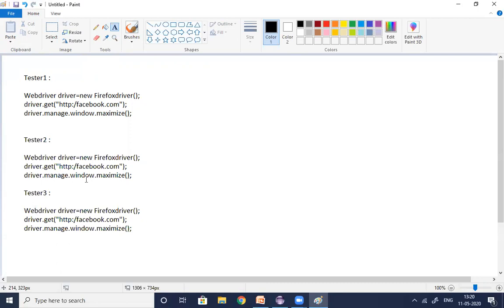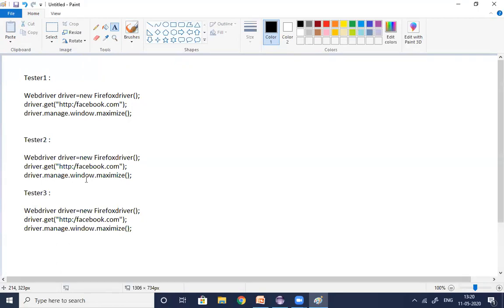Instead of writing the same lines of code again and again manually, why can't we reuse this code? Yes, that is possible by creating one method, by keeping these lines in one method. That is called what? User-defined methods. Till now, we discussed functions. What are the functions? Length function, is displayed function, is enabled function. These functions are all created by various vendors. Vendors created them and we are using them in the project.